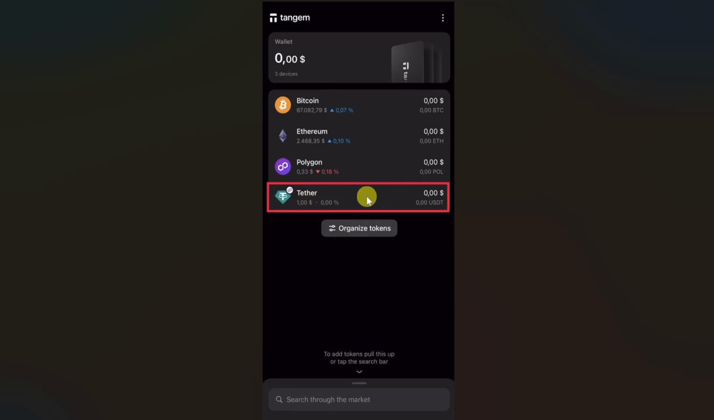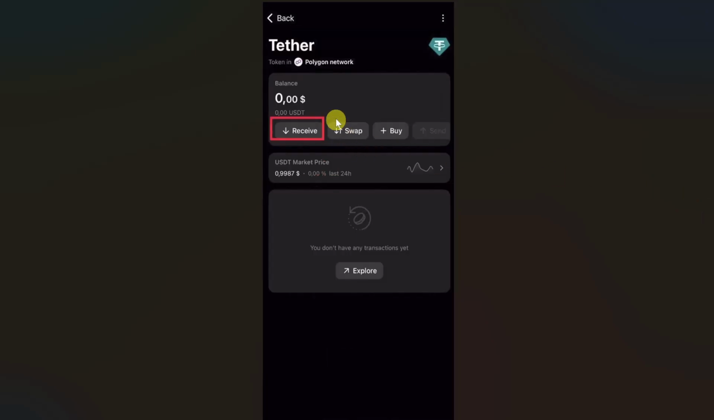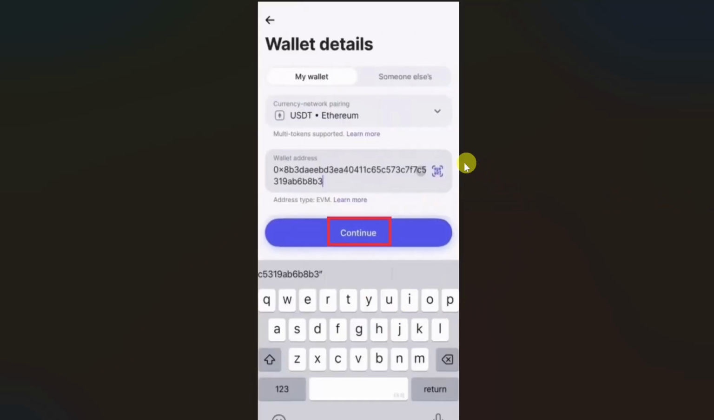So you just have to select it. Then you will be able to see this receive button, so just click on it and then you will get your QR code and wallet address, and then you just have to click on copy button. And once your wallet address is copied, you need to open up your Revolut app again and then paste the